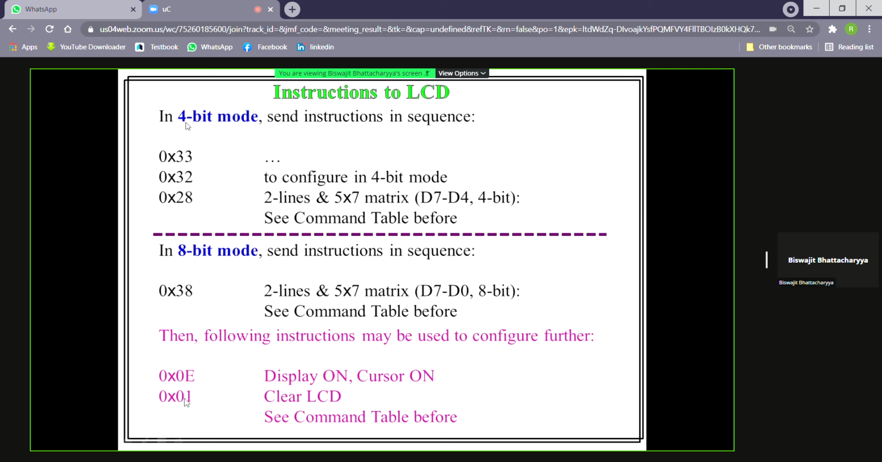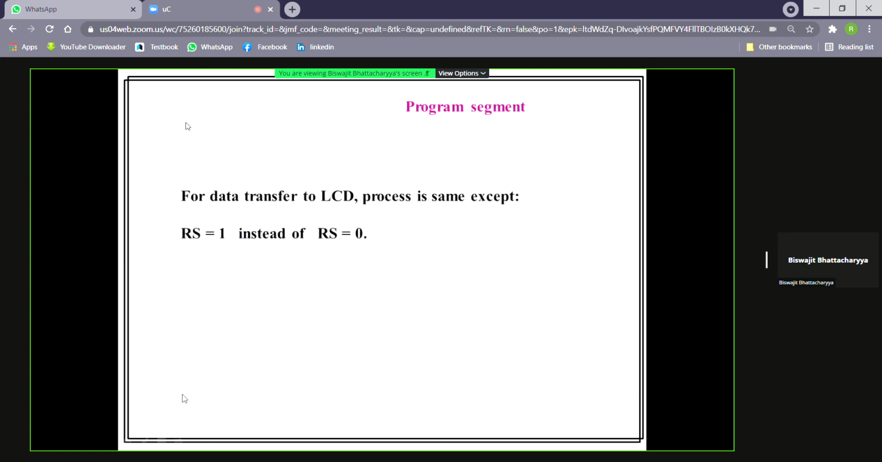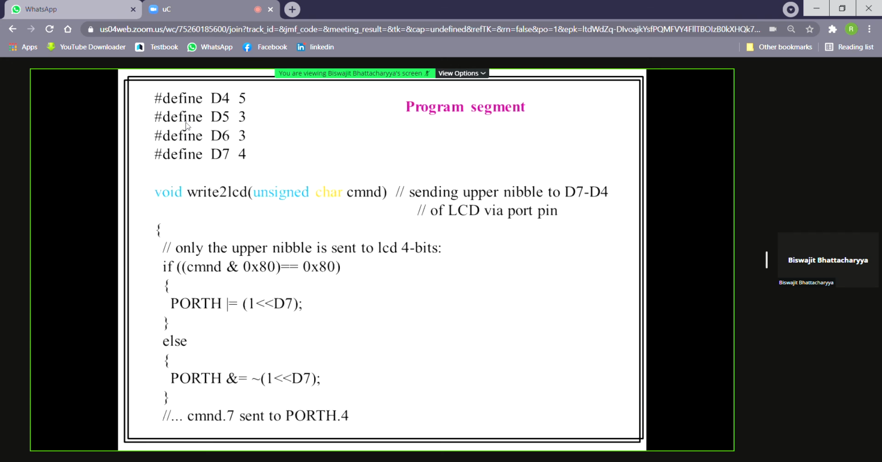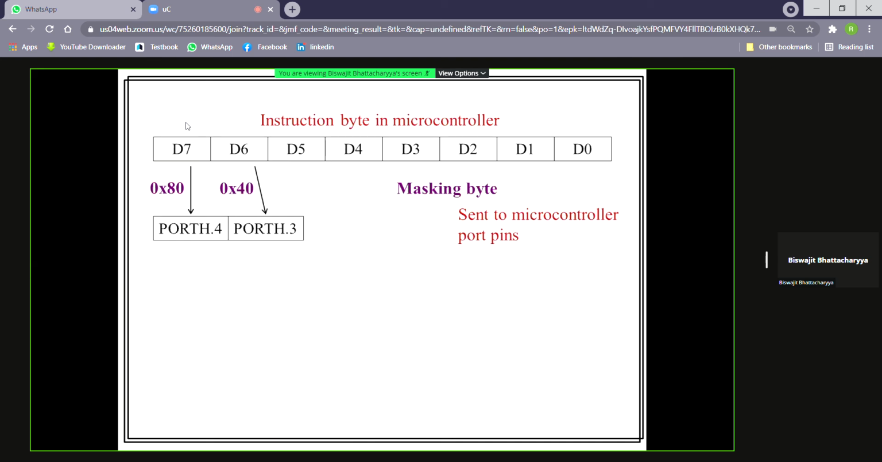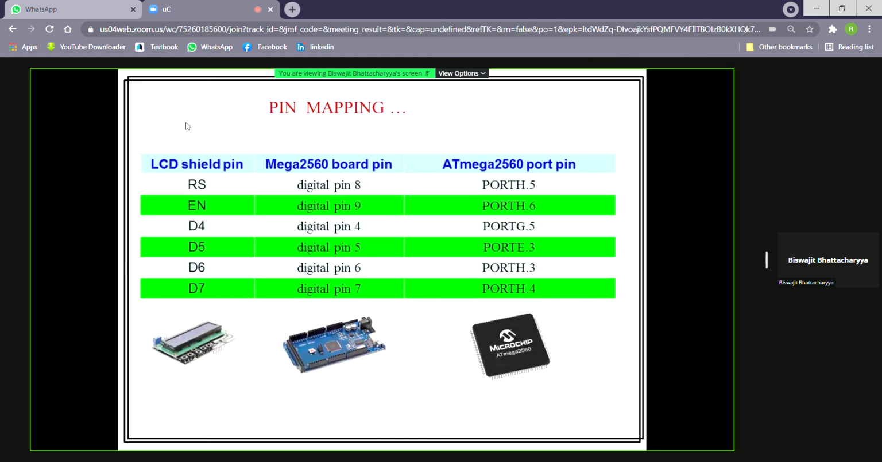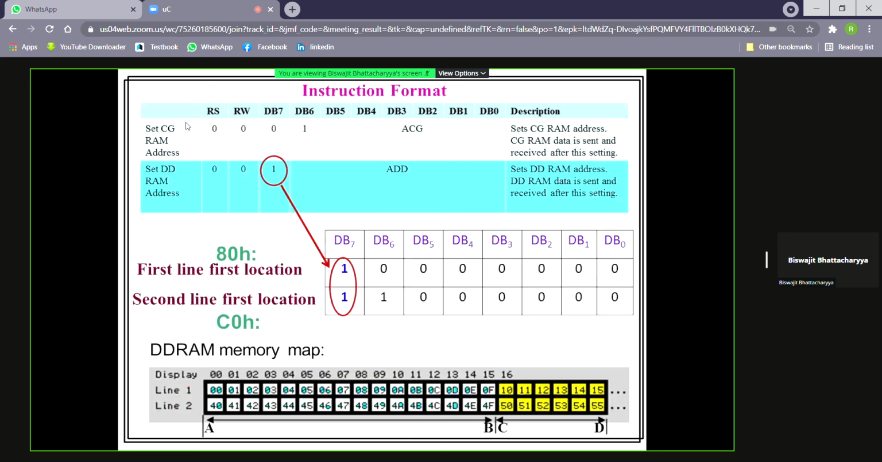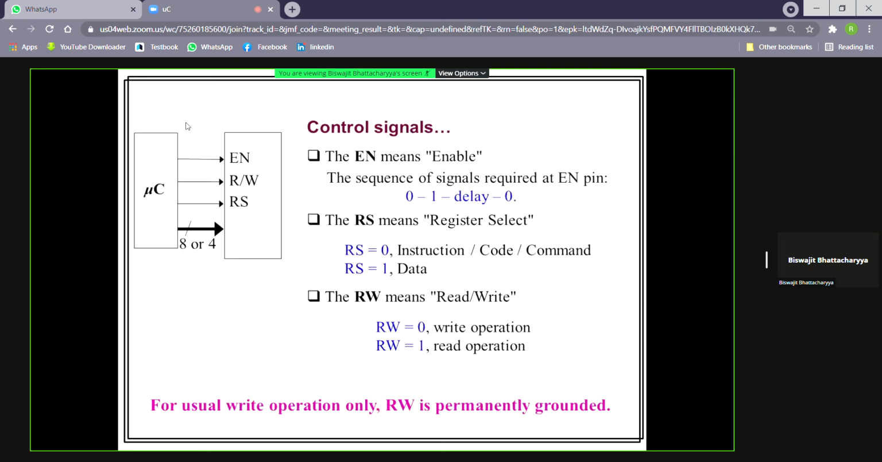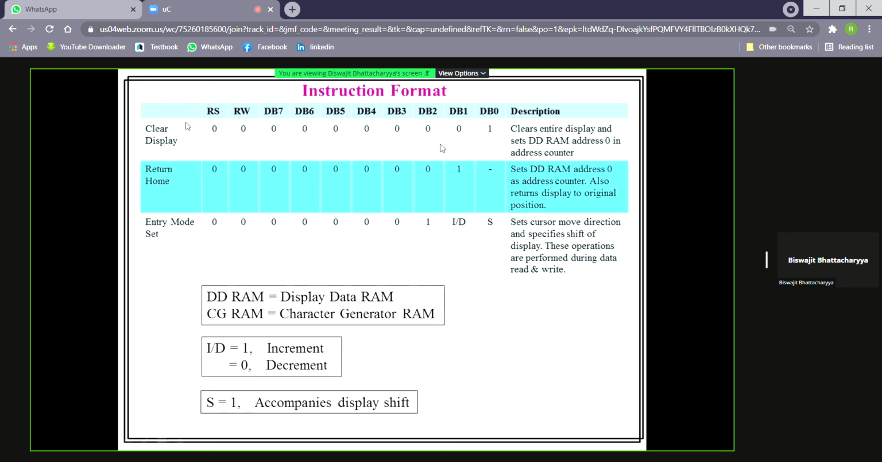clears LCD. 01, how do you get 01? Okay, I'm just showing you. This, say this is 01X, clear display 01. Okay, so that is this. Next is